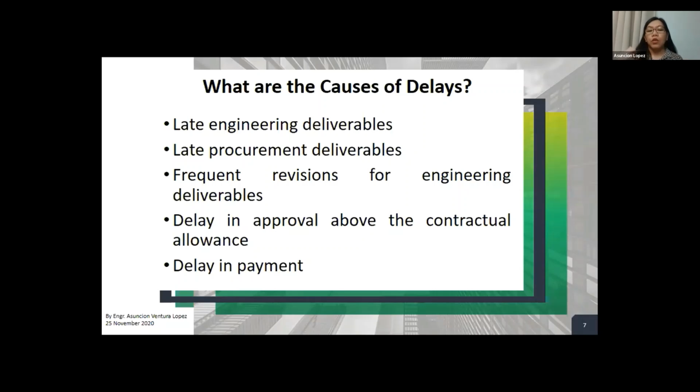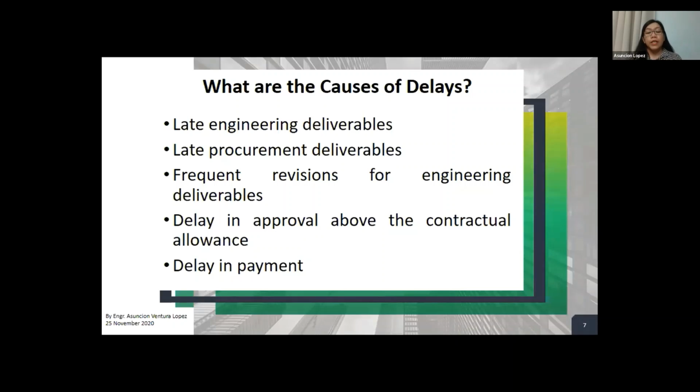If you submit it the first time, how many days should the client take to reply, whether it is approved or disapproved? On the second submission, how many days should it be? It may range from 7 days, 14 days, 21, 28 days. So from the first submission to the second submission, the number of days may be reduced. So you have to check it from your own contract.